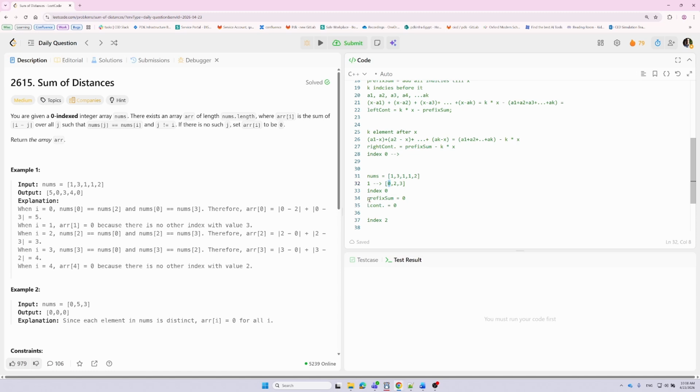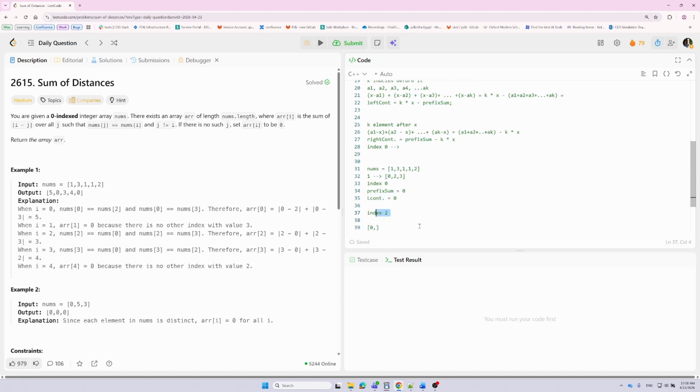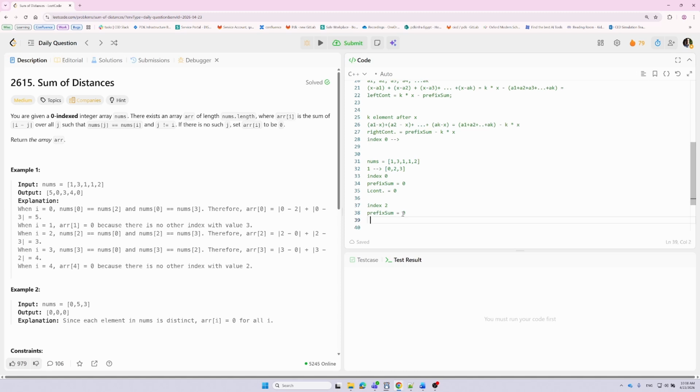So the prefix sum here will equal 0 plus 2 equals 2, and our left contribution will equal 1 multiplied by 2 minus 0,